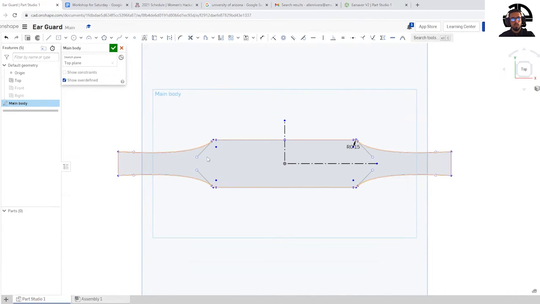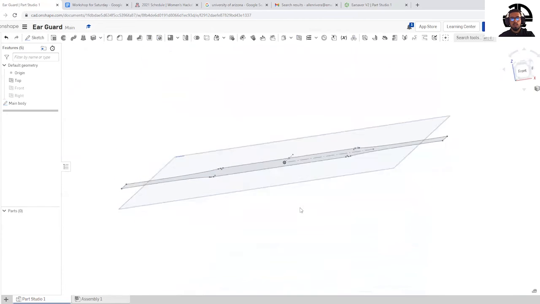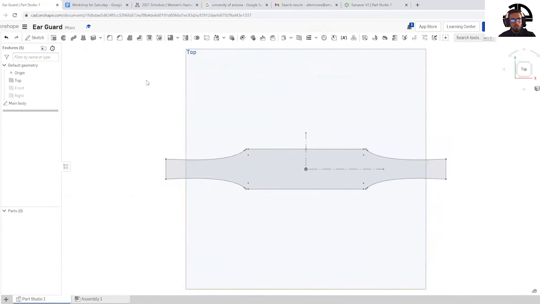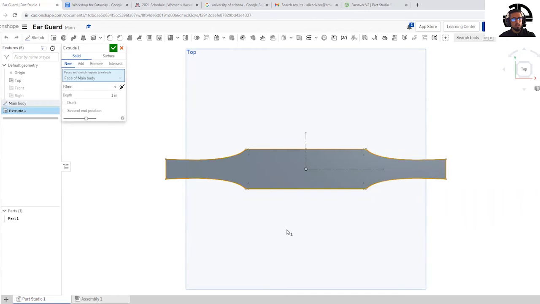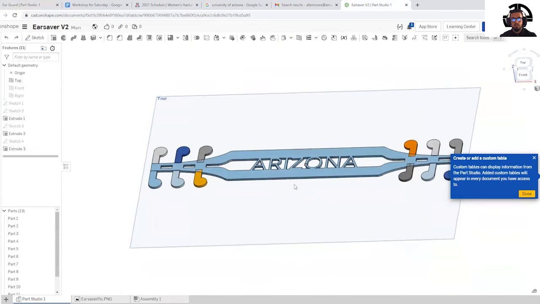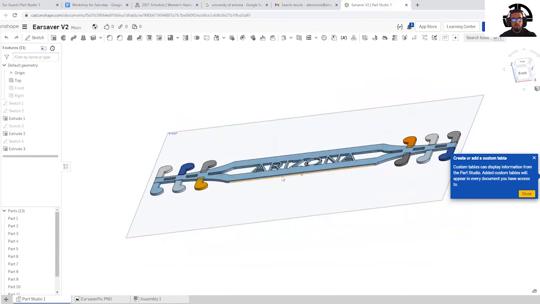I'm going to exit out of trim and I'm going to save this sketch. And now I have a 2D sketch, but I want to add the third dimension. So what I'm going to do is I'm going to click the main body of our main body, and I am going to extrude it. And you can see it added a third dimension. Now it made it an inch tall, and that's a bit large for what we're going for. This ear guard, since we want a little bit of flexibility and we also don't want it to be too rigid, we made it, let's see,